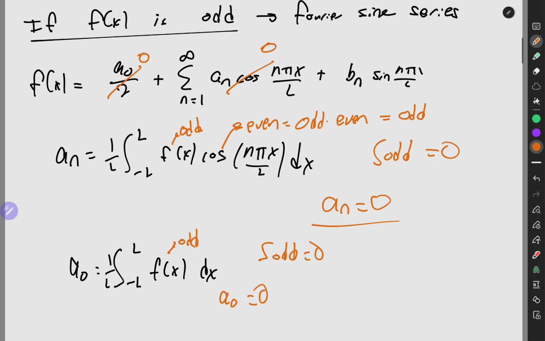So if our f of x is odd, you can see that this is the only term remaining in a Fourier series, which makes our life a lot easier. So whenever we have an odd case, that's probably the easiest case to solve for a Fourier series. But now if we don't have either symmetry, obviously,